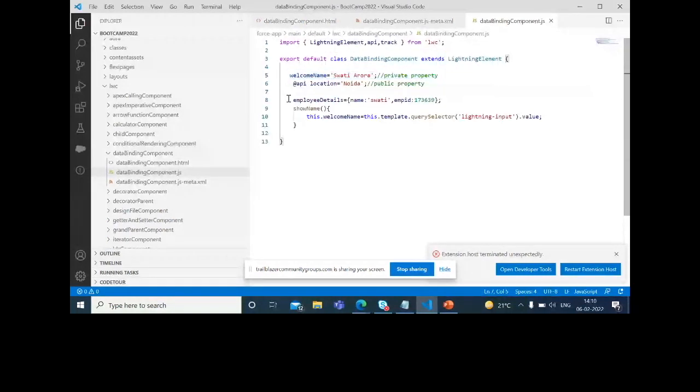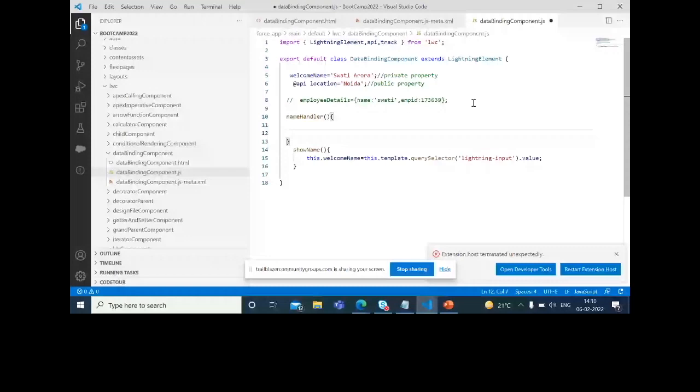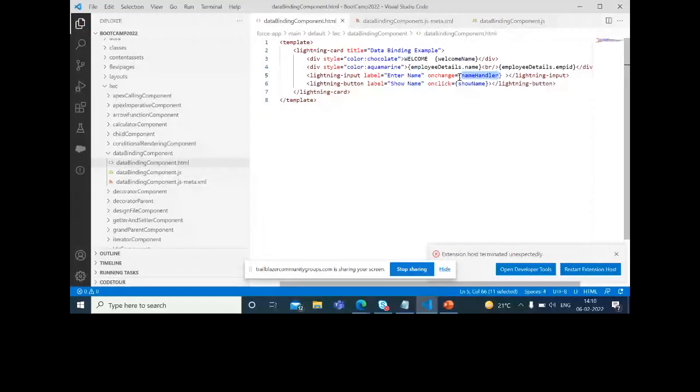Don't go with this line right now. nameHandler, this is the function name. If you have written any function in JS, and you want to invoke that function in your HTML, again the binding expression will be curly braces and the function name. So as soon as the text value changes, we are going to call this nameHandler function.